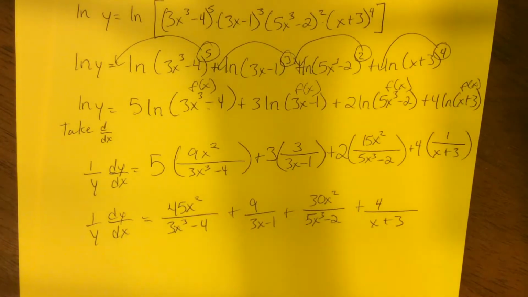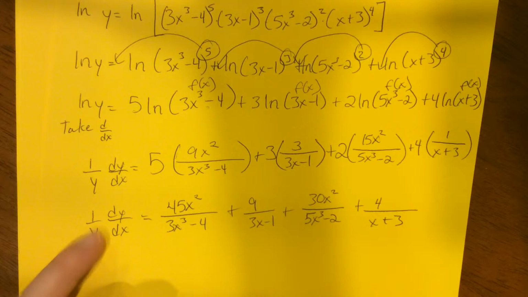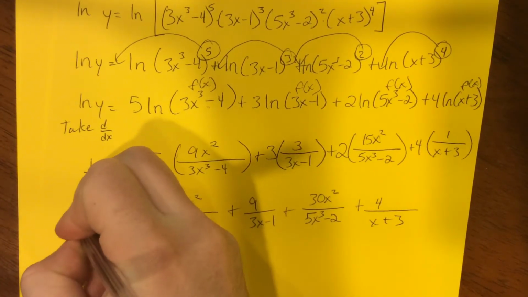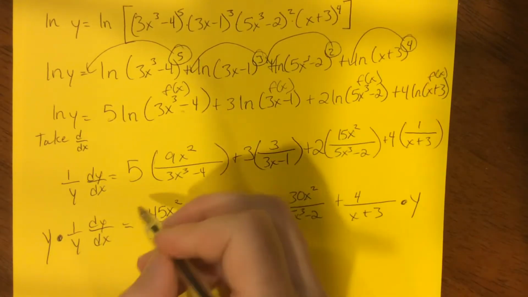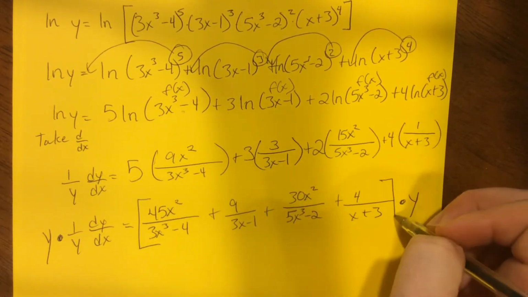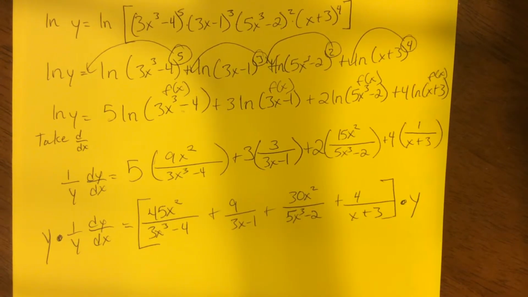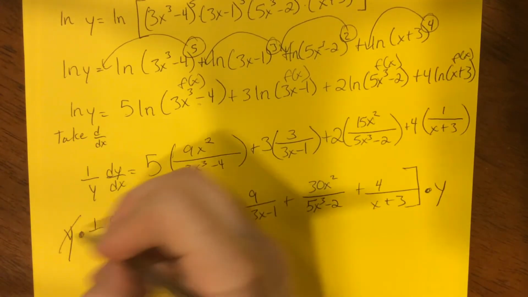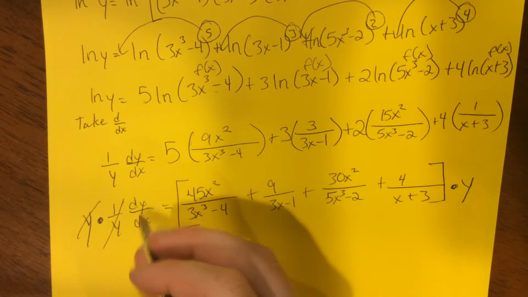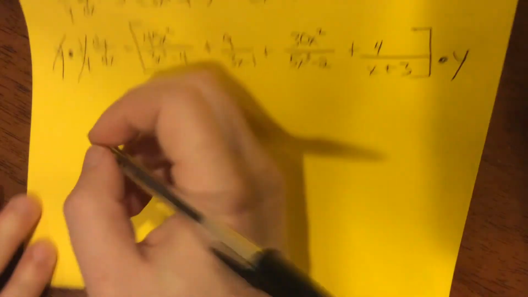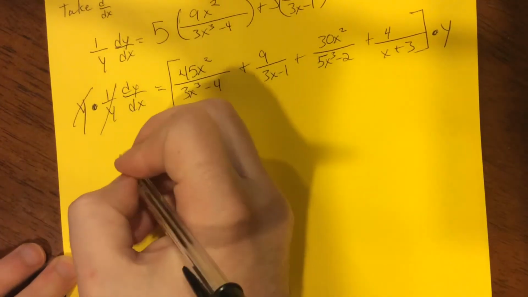Now again, our whole goal is to get dy over dx, the derivative, all by itself. Well, we have this 1 over y that we need to get rid of. So we're going to multiply both sides by y. It's important to note that this entire right side is being multiplied, so we're going to throw brackets around it. On the left, they just drop out, the y times 1 over y, leaving us with our derivative. That's what we were hoping for. So we have dy over dx